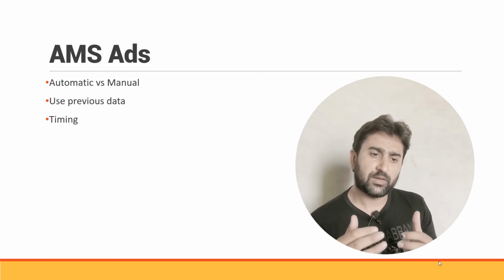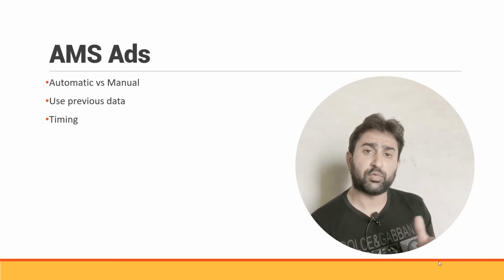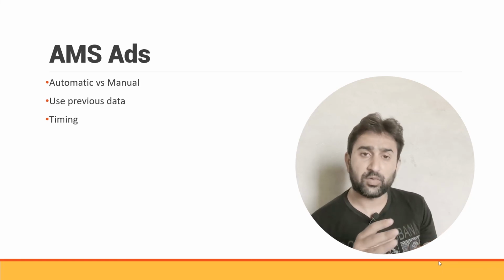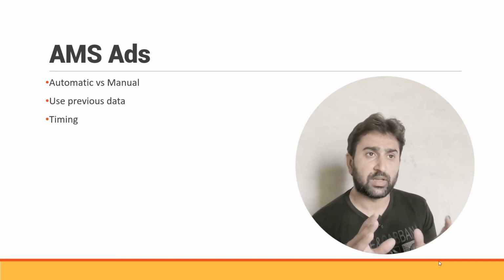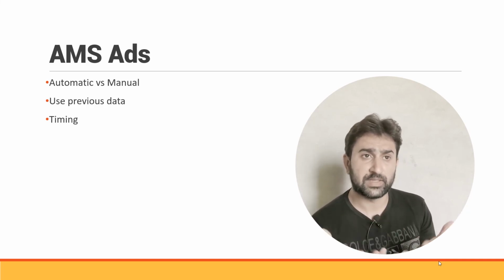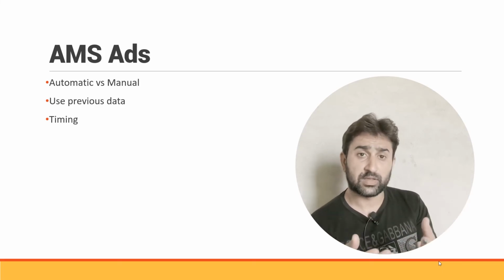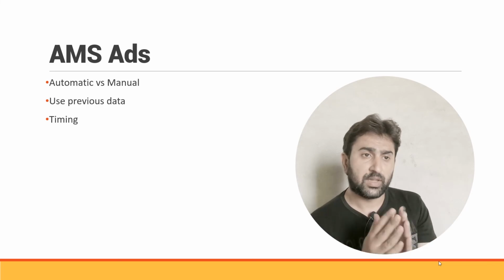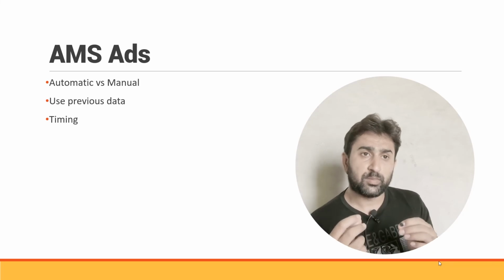So for example, if you have 2 months left for a specific holiday or an event, and you have uploaded a new design, what you should do is wait for at least 1 week, let it run without any ads, and see if you make some sales or not. After 1 week, you put that product, that shirt or design, in AMS ads and create an automatic campaign.